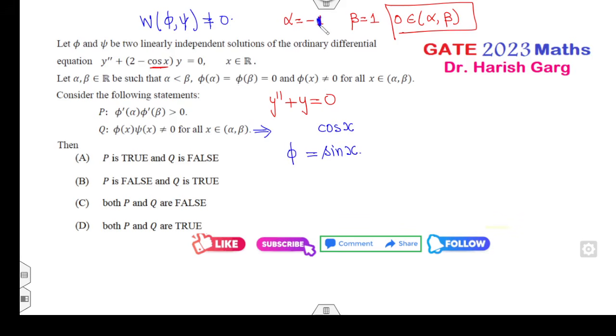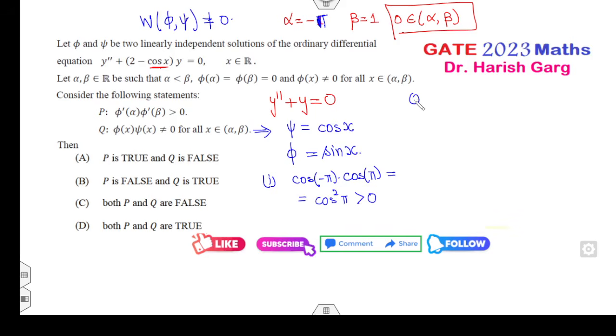अब फाई ऐसा लेना है जिसकी दोनों वैल्यूज 0 आ जाए, तो मैं इसको फाई ले लेता हूं, फाइन, और इंटरवल को बदल देता हूं पाई में, फाइन, तो अल्फा मैंने ले लिया माइनस ऑफ पाई, बीटा इज अगेन पाई, दोनों वैल्यू 0 हो गई, दैट नंबर इज माई साई। नाउ लुक एट द फर्स्ट ऑप्शन, P, फाई डैश, फाई का डेरिवेटिव कितना हो गया, कोस ऑफ माइनस एंड इट्स कोस ऑफ पाई, सो दैट विल बी cos square pi which is always greater than 0, but counter example से आप करेक्ट नहीं कर पाओगे ना इससे।